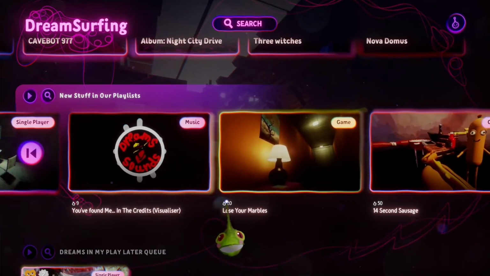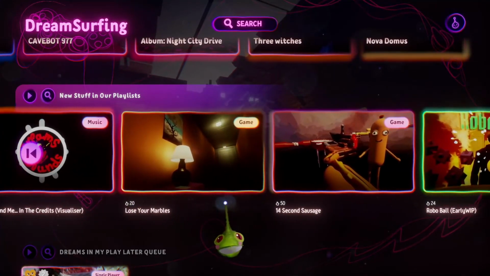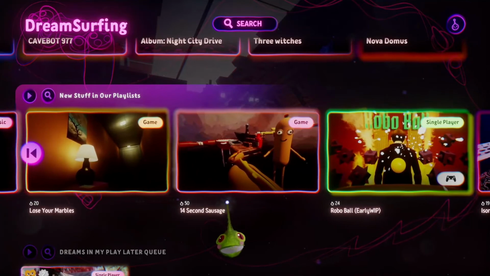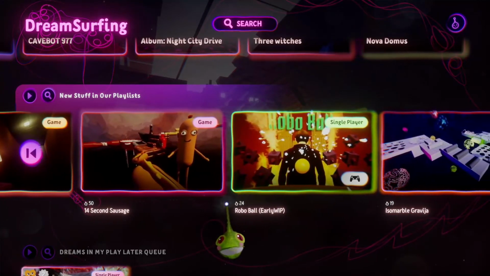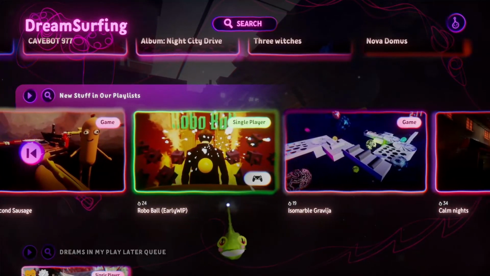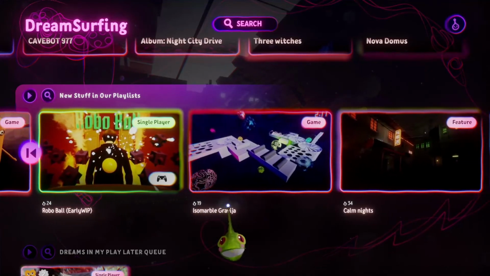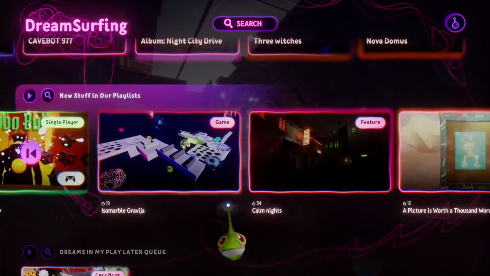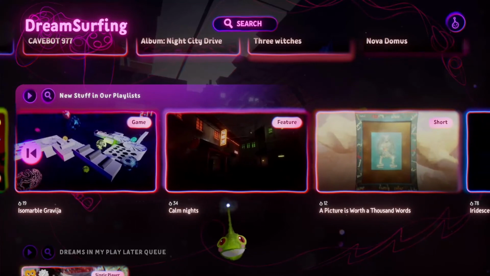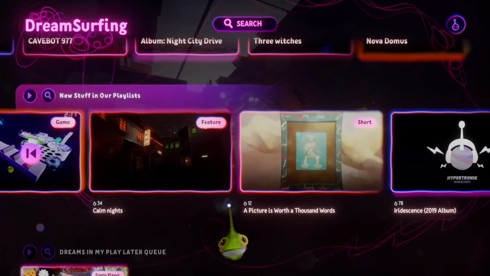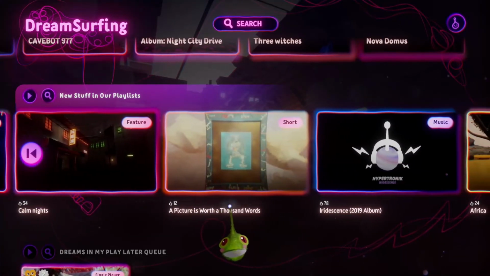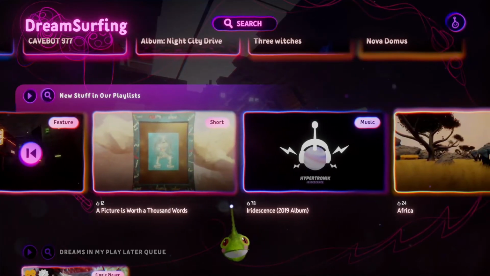So this is a tricky part, but you have to test it yourself a little bit. Look at what is a good thumbnail, what is a good cover image to trigger a dreamer to click on your dream, because that's what you want. You want the player to play your creation.